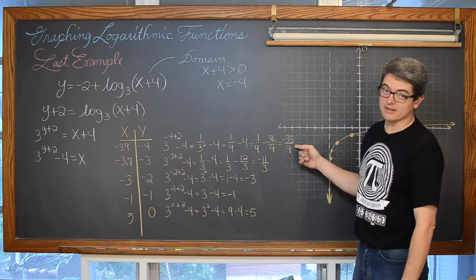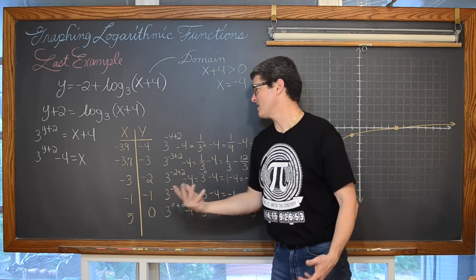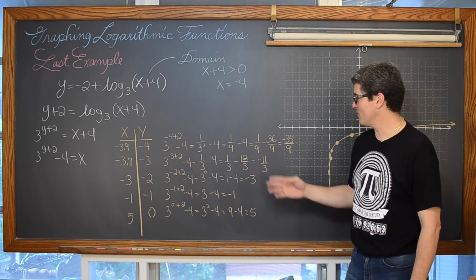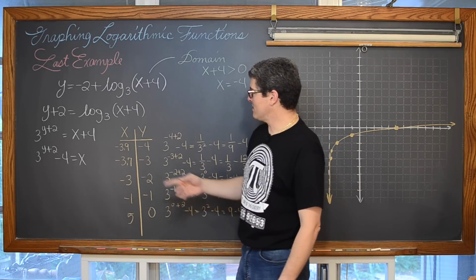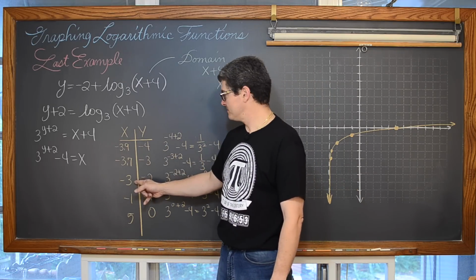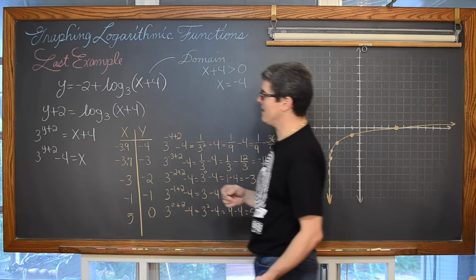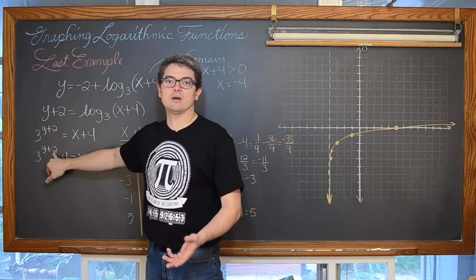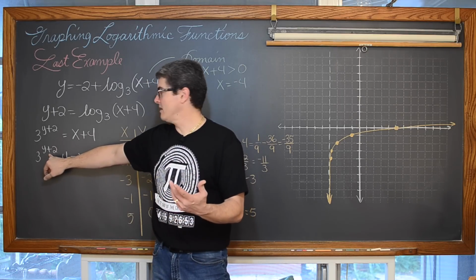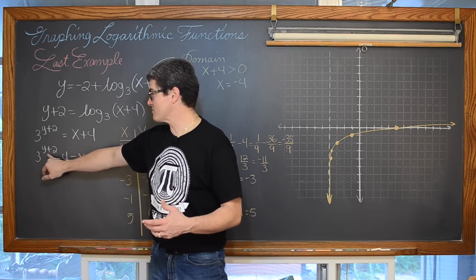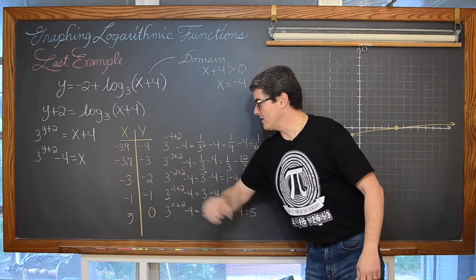I cheated a little bit and used a calculator to figure out that 35 over 9 was 3.9, otherwise I'd have to do the long division by hand. With the other remaining decimals, I did not really intentionally want my x values to be so close together and at least a tiny bit difficult to graph. I just looked at the exponent of y plus 2 and thought, why don't I pick my y values? So the middle term is going to have an exponent of 0, and we'll have a couple of negative exponents and a couple of positive exponents, and that's how I came up with the idea of using these y values for my t-table.